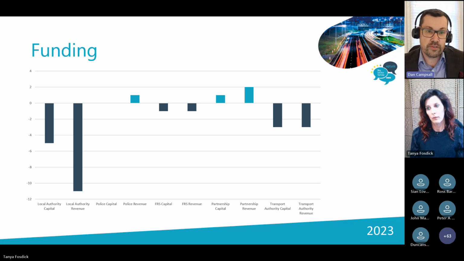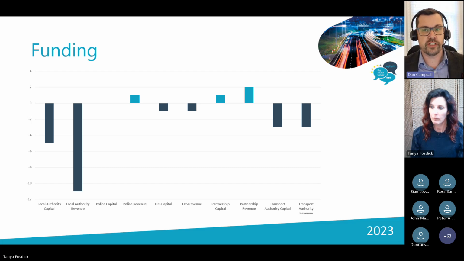So if you want to write in the chat and tell us what you think might also be coming down the track for you, that would be really interesting, because it might be something that we could pick up in next year's survey to see whether some of those projections, some of those challenges that you might think are coming in terms of local authority expenditure are realised. Because I know there's huge concerns out there amongst many local authorities at the moment